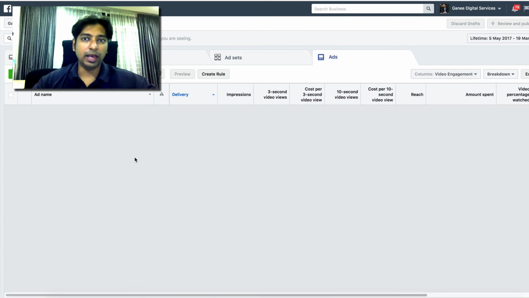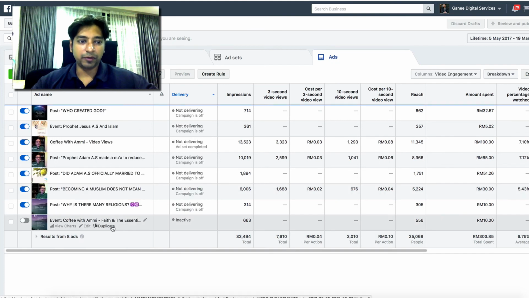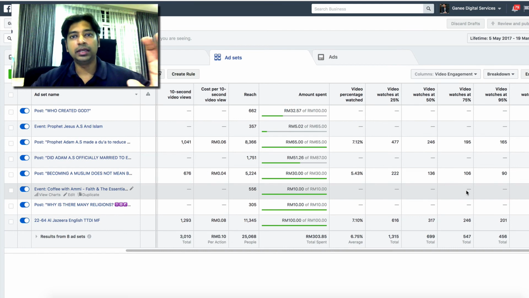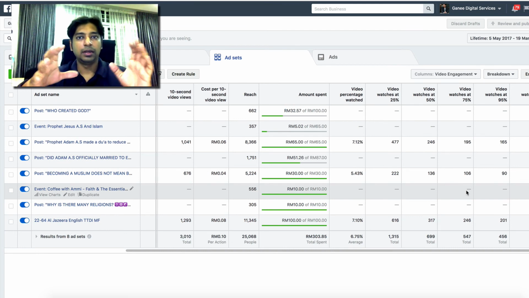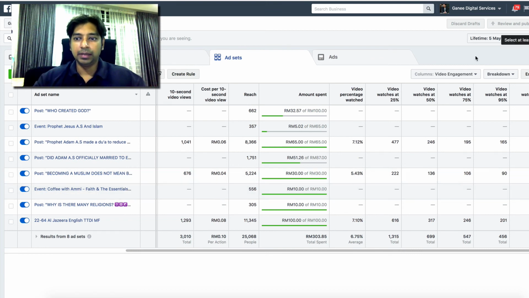So right, here you could see the cost, and what if you were to click on ads, if you have like a bazillion ads running here. With the naming convention, you are able to have a quick glance and see which ad is performing and why it is performing. So yeah, that's how I usually create my campaign and how I monitor my campaign based on certain